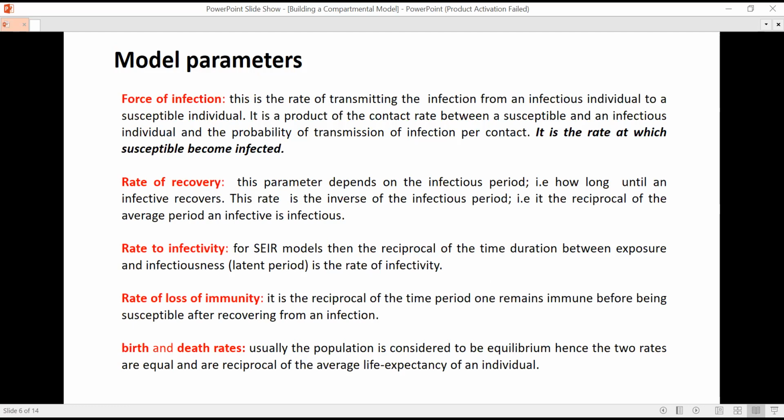So we have the model parameters, and these are basically the things that advise or hint towards this transitioning from one state variable, one compartment, to the next one, and so forth. So the first, we've all heard of this from the previous session or before. We have a force of infection. Just think of it as the rate at which susceptibles become infected. So if you have a person getting from S to I, it is the force of infection that will get them from S to I. And I'll give us